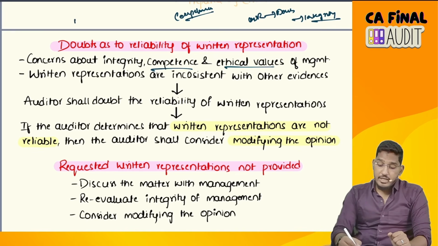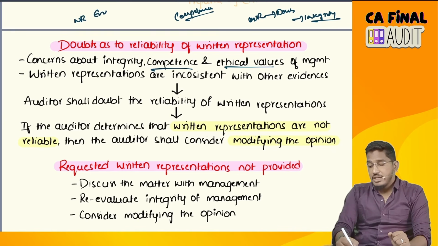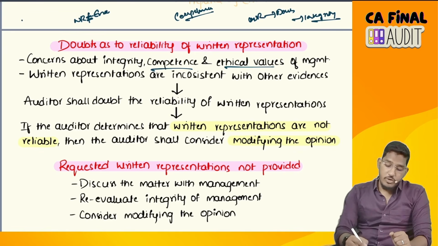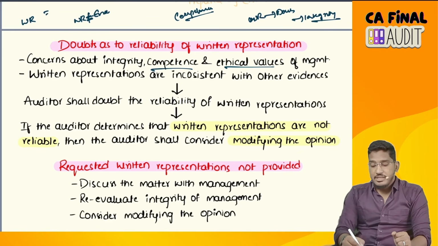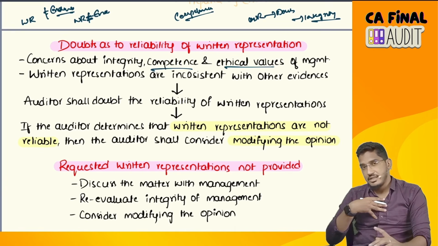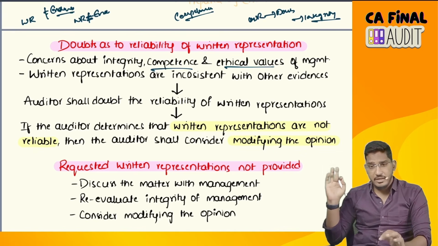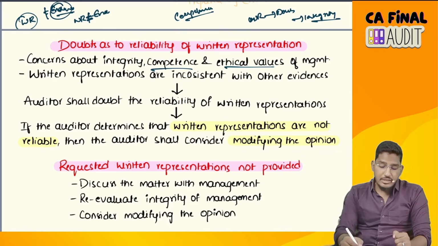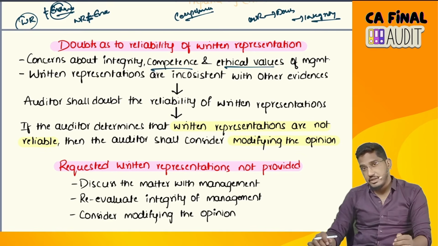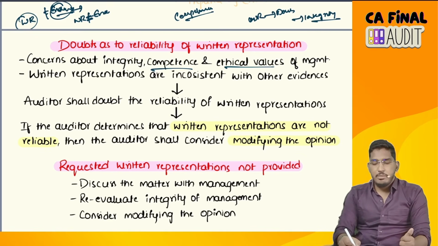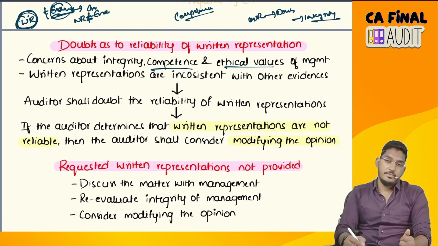And especially when the written representation management has given and the evidence you have gathered are inconsistent, this is a very problematic area. If you obtain written representation from the management and you have obtained some evidence regarding that item, whatever management is confirming and whatever evidence I have got, there is an inconsistency. I need to resolve this matter. The auditor shall resolve this matter. Is the written representation wrong, or is the evidence which I have got wrong? I have to evaluate. See, if the evidence you have got is wrong, okay, I will perform extra procedures and get the evidence. But if I have concluded that no, the evidence is correct, but the written representation is wrong,